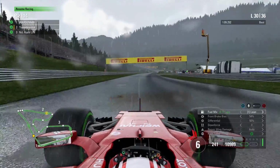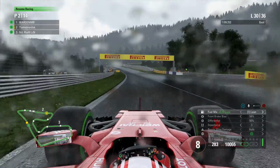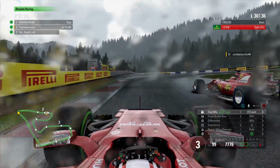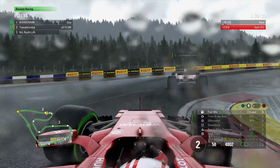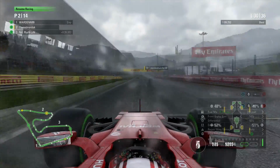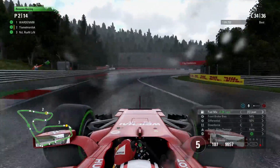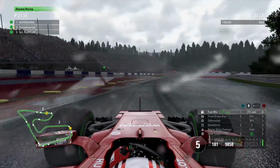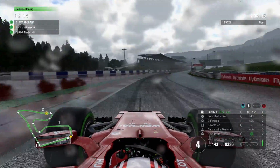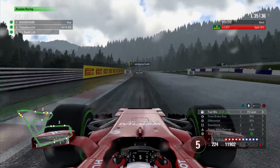And then we got to a phase in the Grand Prix around lap 25 where it started to get heavy rain, and we saw about half of the field dive into the pits for a set of wet tyres. Myself, Warden, and Ryan decided not to do that. We felt like it was probably going to be faster to stay out on the intermediate tyres. It was only going to be a short spell on the wet tyres, so we thought it's probably not worth the risk. If you guys remember, I think SRL Singapore last year, I made the mistake of diving into the pits for wets in these conditions, and I ended up losing like 2 pit stops,